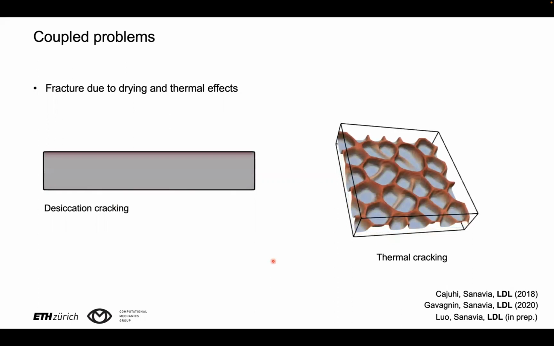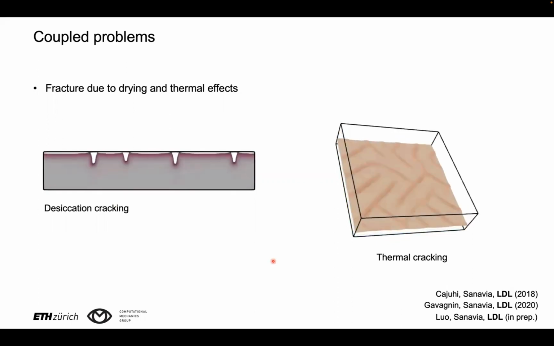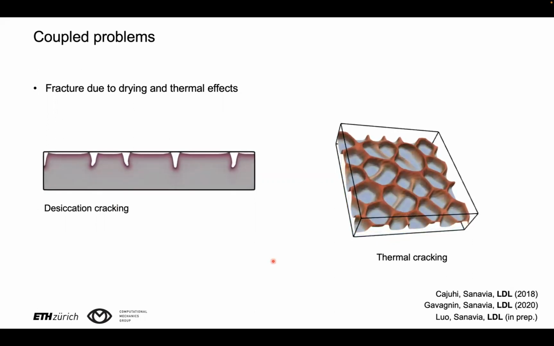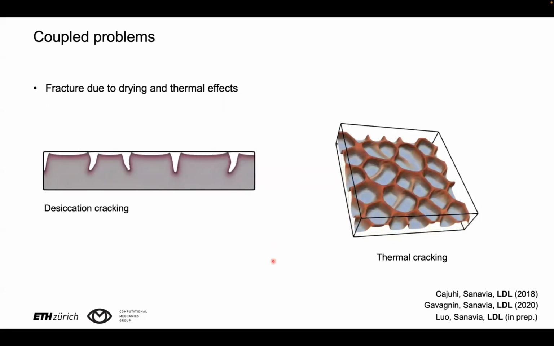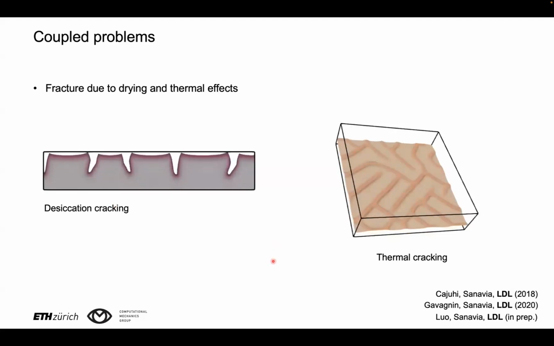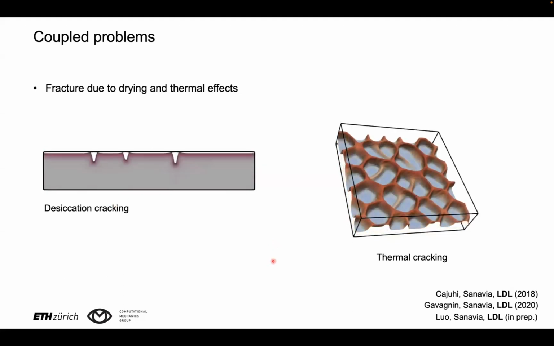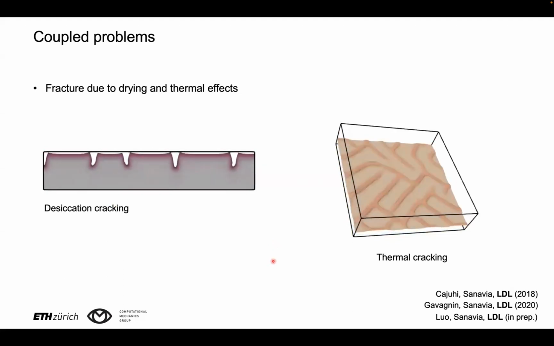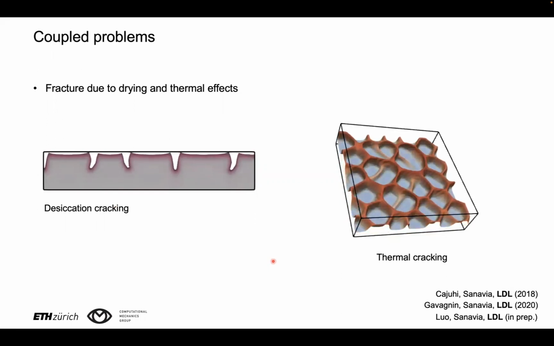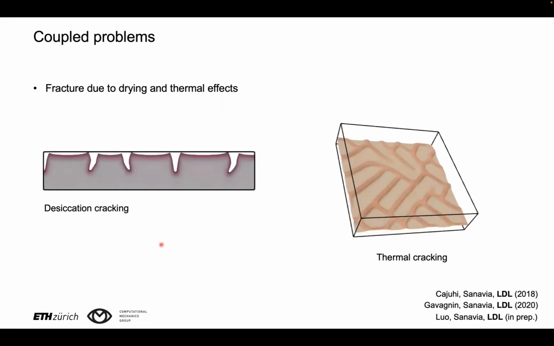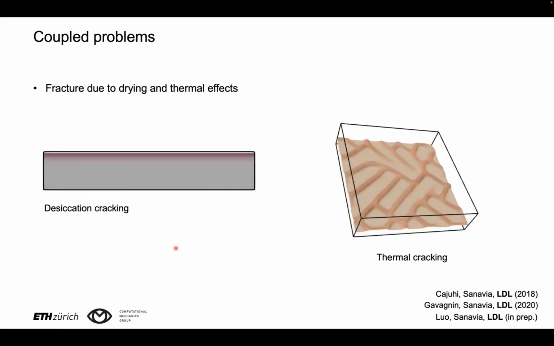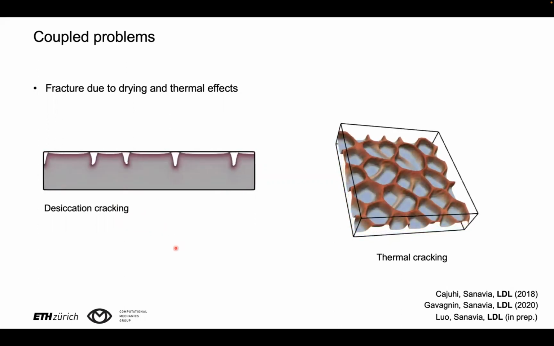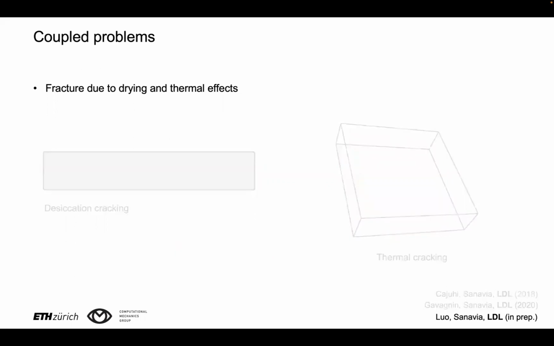But one could, of course, combine this type of modeling setup with a mesoscale description, or possibly also want to describe construction materials, also homogeneous materials, if one is not interested in the mesoscale details. And so desiccation cracking, for instance, is also a problem in cement or in concrete. And so these tools may be very useful in that setting as well.